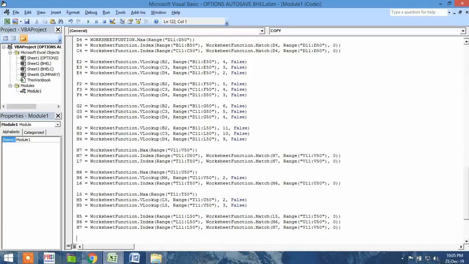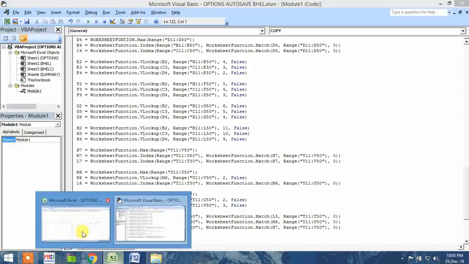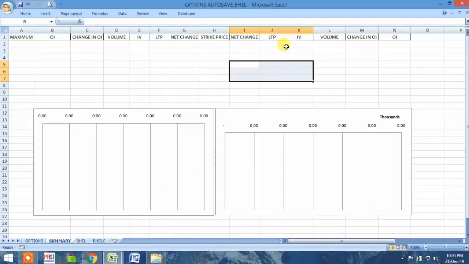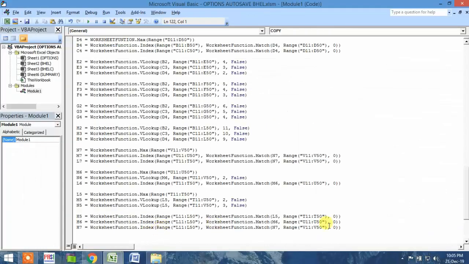Now we want to have the values for net change, LTP and IV. So we'll simply be using the VLOOKUP function. This will be very fast. So what we'll do is HI, first we'll go for I5, and I5 will use worksheet function dot index, not index, VLOOKUP. Okay, and for VLOOKUP we'll simply ask them to search for H5, and